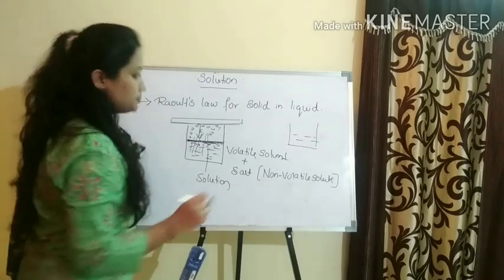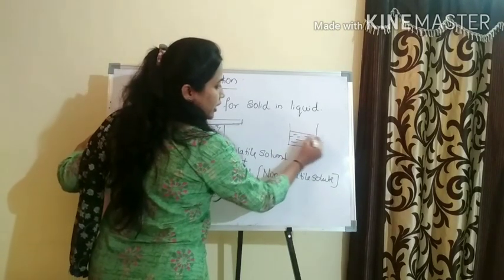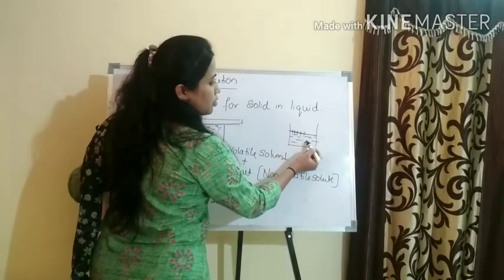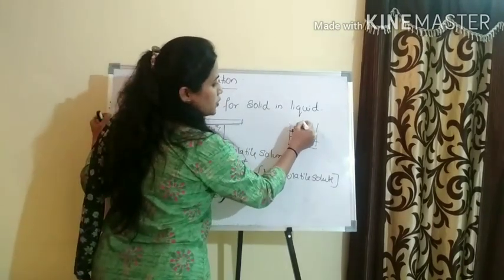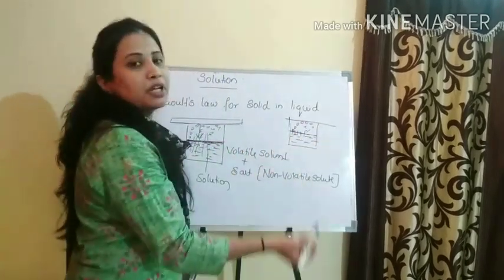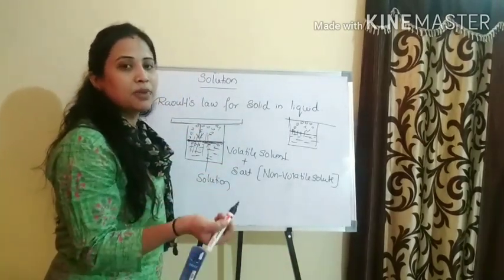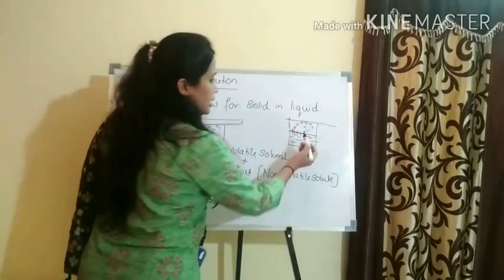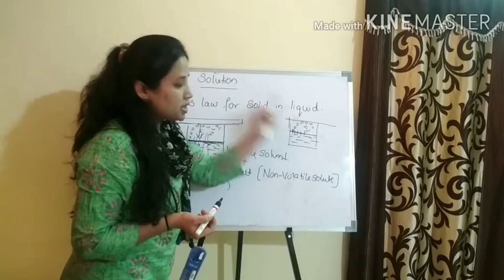So here, what happened? If I take a pure solvent, where there are no solute particles covering the way of the solvent to evaporate into vapor, what happens? The maximum number of solvent molecules will come to the vapor state, so the maximum vapor pressure will be created. What do you mean by vapor pressure? It is the maximum pressure exerted by the solvent particles on the surface of a liquid. So it is quite clear that the more solvent molecules evaporate, the more vapors there are, and the more will be the pressure.